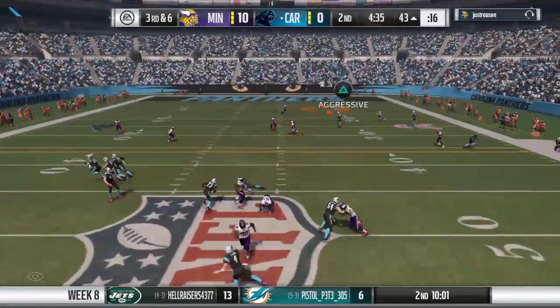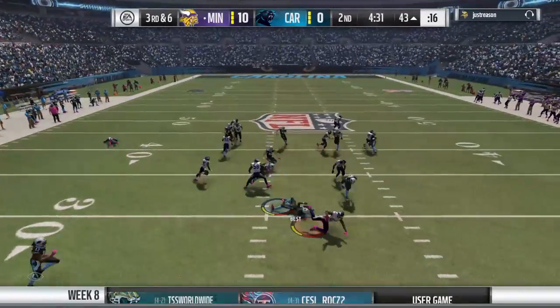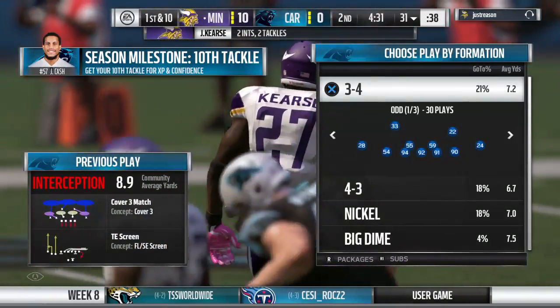Throwing his Carr on 3rd down. Fuck my life, dude. Oh my god, dude, you're a fucking...